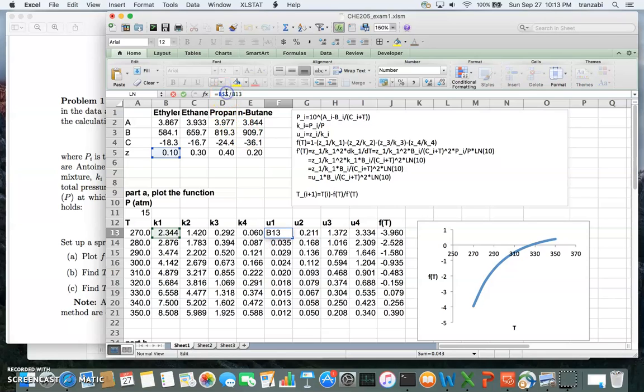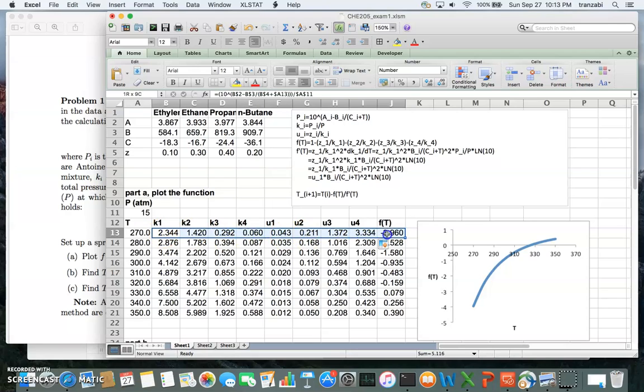So U1 is pretty much Z1 over K1, and I'm only freezing the letter index because when I drag it to the right, I want to have columns shifted as well. So I calculate U1 to U4, and then F is nothing but 1 minus sum of these four cells. So you see that 1 minus sum of these cells, that is F of t. I create a column from 270 to 350 with a separation of 10 degrees. And as soon as I calculate this, then I highlight all these